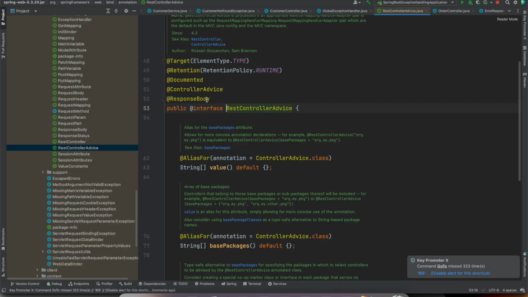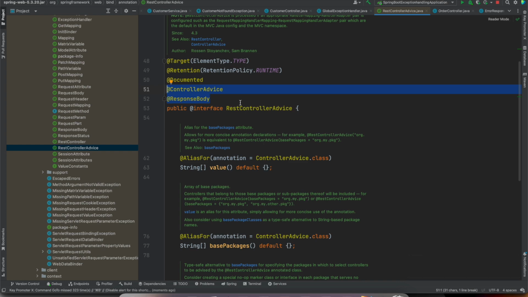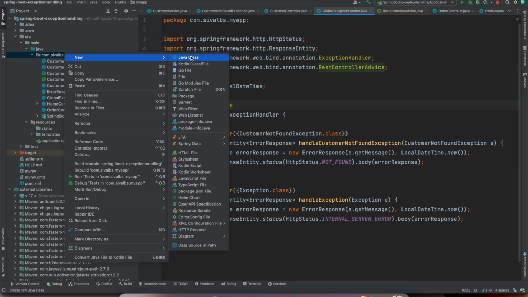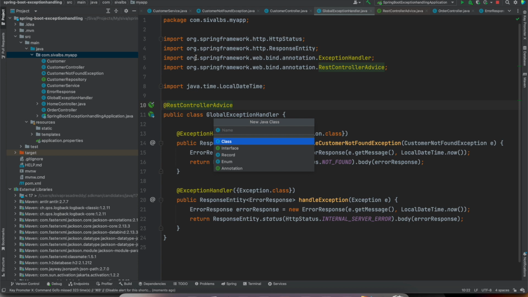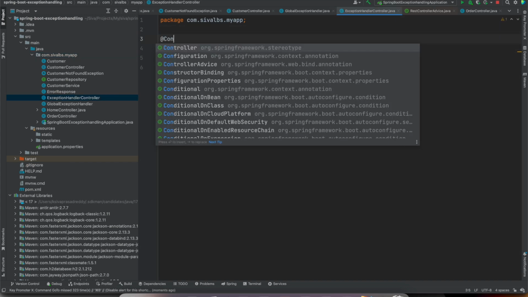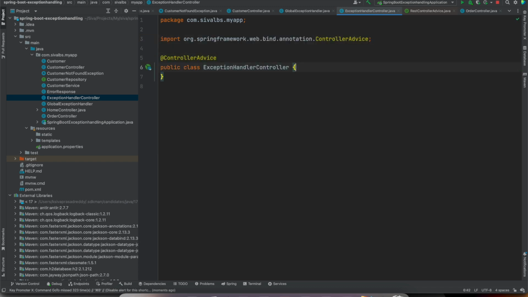It is nothing but a meta annotation which has @ControllerAdvice and @ResponseBody. Just like the way we have @Controller and @RestController, it is the same thing. If you are building only a REST API, you can use this @RestControllerAdvice. But if you have Thymeleaf templates, server-side rendering, and all that, you can have an exception handler controller or something like that, and you can use @ControllerAdvice, and from your method,